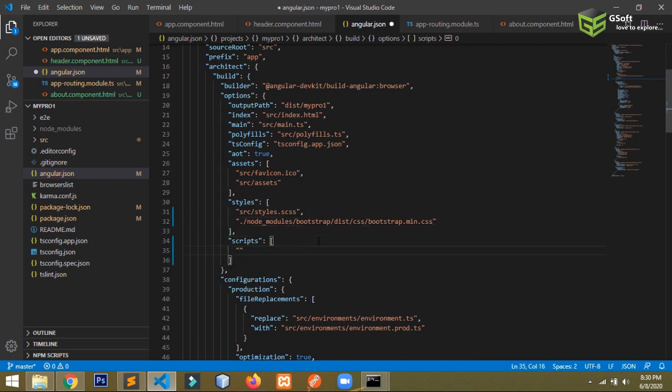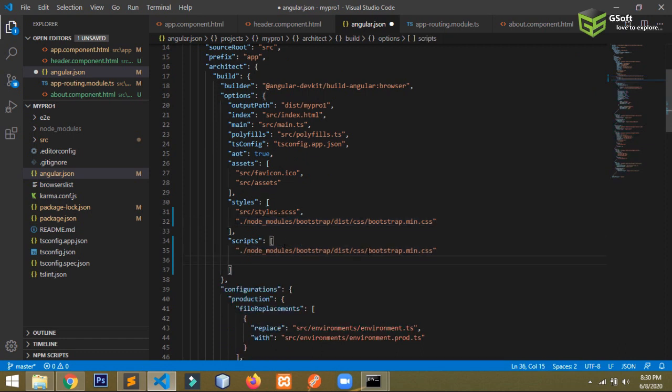in the same way I have to add script also. So for script I have to write the same thing, just instead of css I will be calling js file. So bootstrap.min.js file. Okay guys, now I will load jQuery file also.